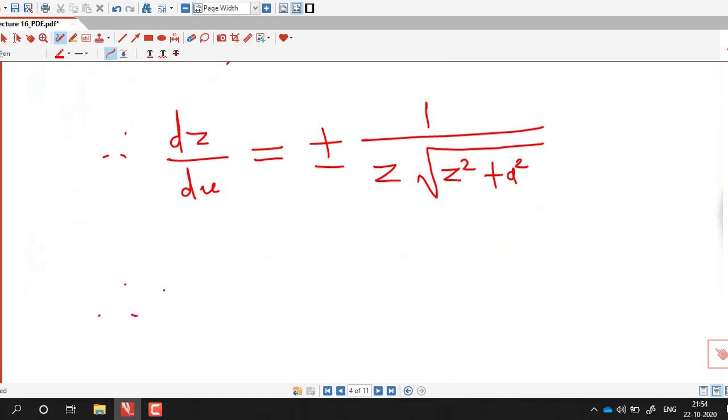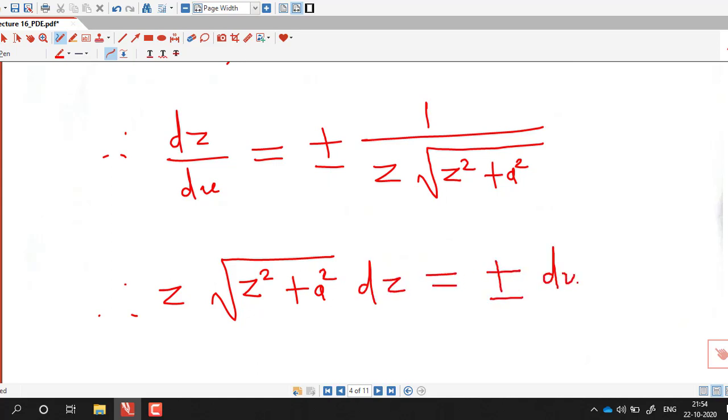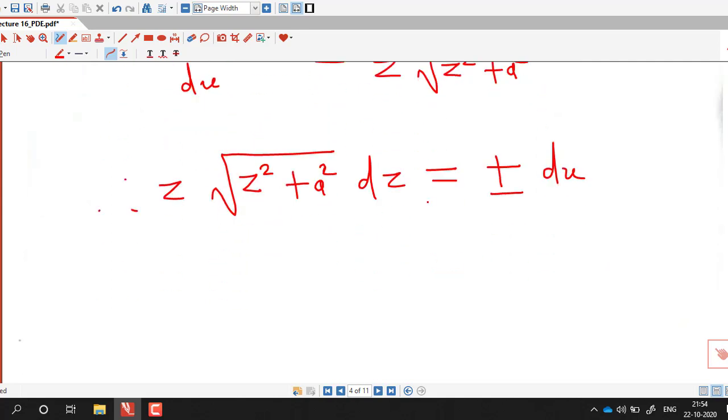So now we separate the variables. I take on the left-hand side z times square root of z square plus a square dz equal to plus or minus du. This is an ordinary differential equation which is separable, and for the integral of this we rewrite it as 1 by